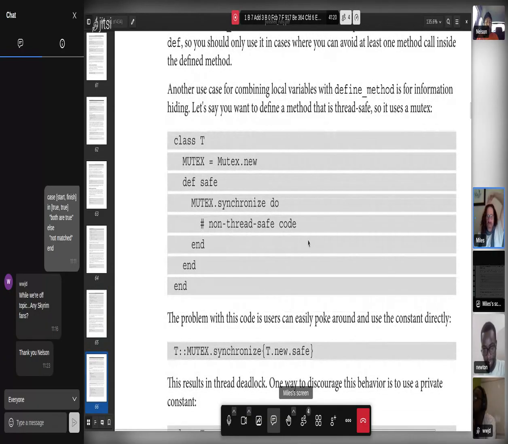Cool. So if I continue down here, now he's talking about information hiding. So here he's using a constant to create a mutex to protect what I always wound up calling a critical section. He's calling it non-thread safe code, which is more intuitive. So there's some non-thread safe code here. He wants to make sure only one